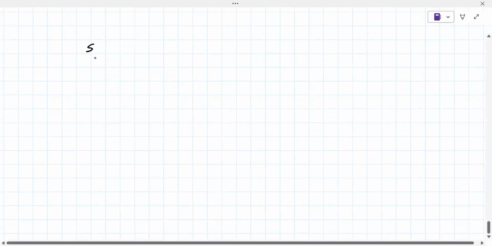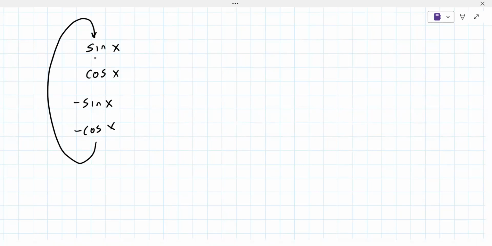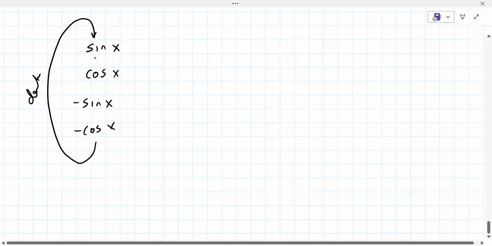Do you remember what the derivative of sine x is? Negative cosine x. It's just cosine x. And then cosine x, and then minus sine x, minus cosine x. And hopefully you were shown that this wraps around. Yes, that's what it is. Great. So this is derivatives,